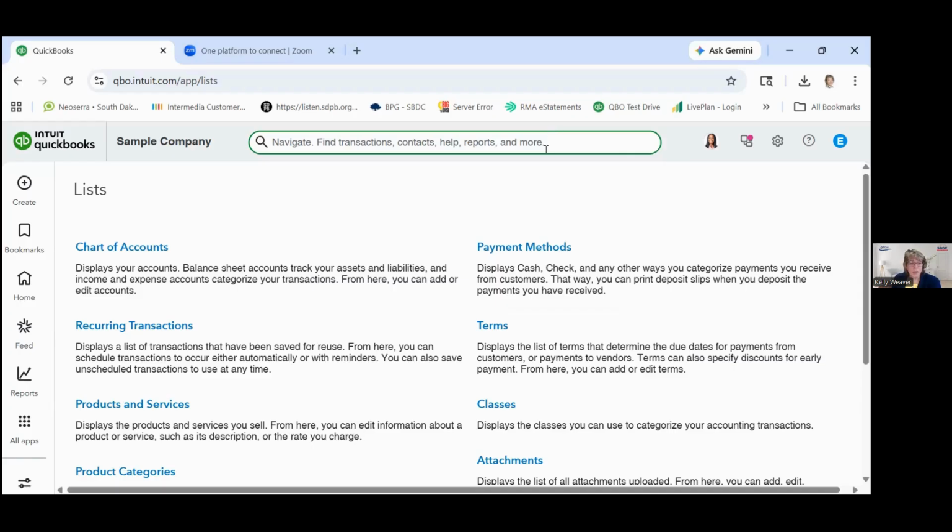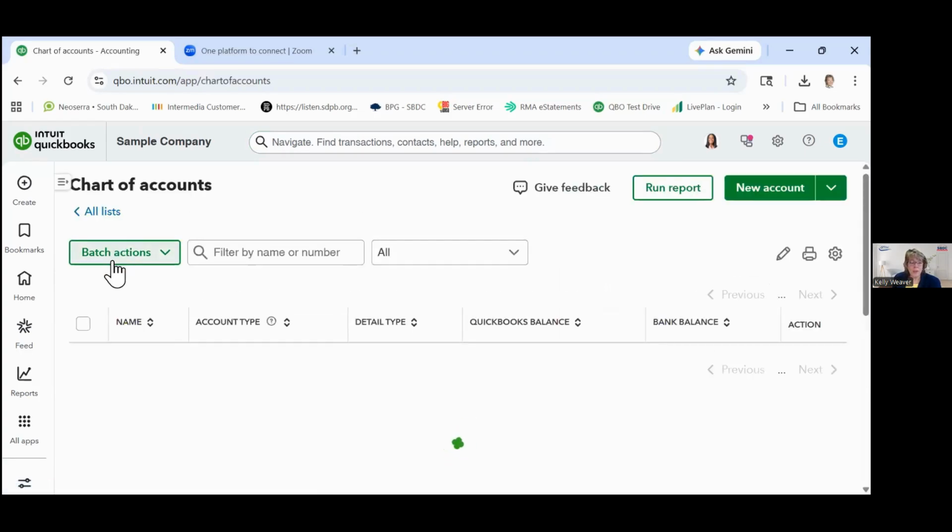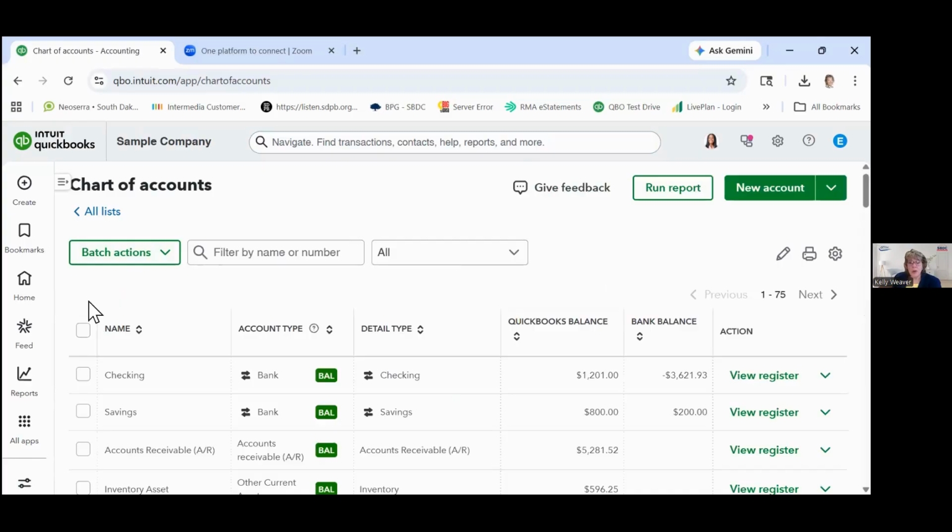Next, we're going to talk about the chart of accounts, which, amazing, is sitting right here in front of us. As I mentioned, when you're new, QuickBooks will offer to create a chart of accounts for you. You can also upload a chart of accounts that you've already created if you've been using it in another form. Or if you choose to have QuickBooks create the chart of accounts for you, one of the things I would suggest you do early on is just kind of look through that chart of accounts.